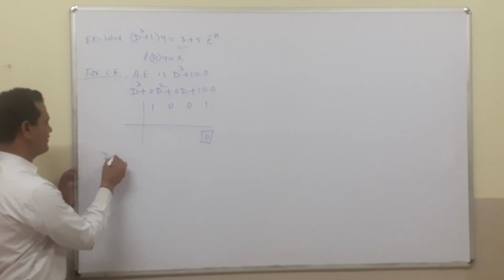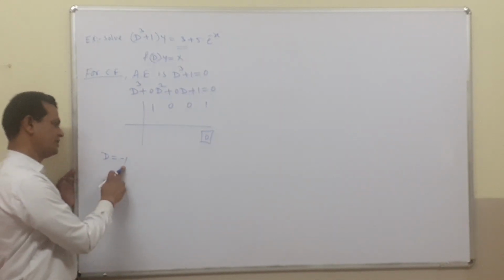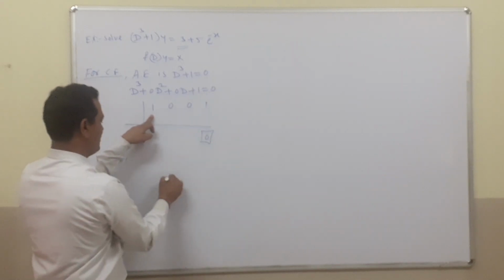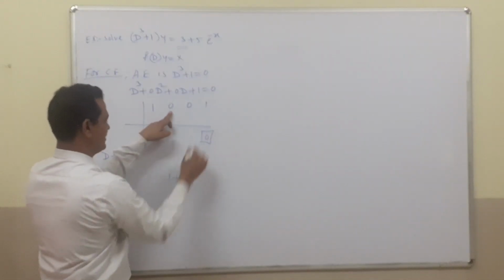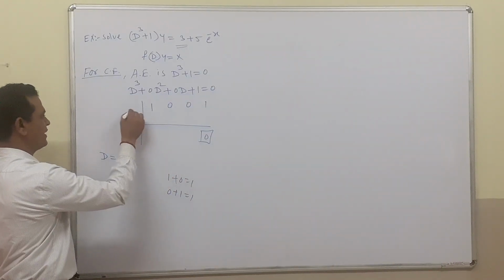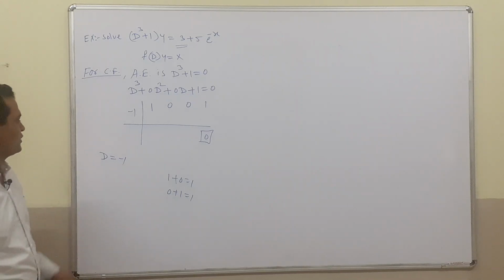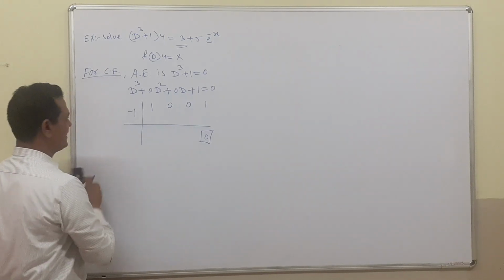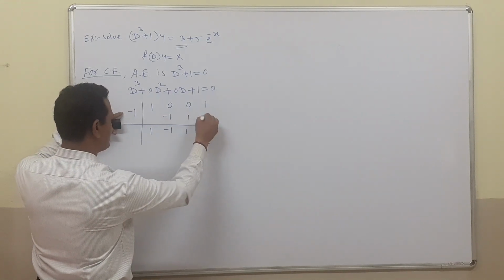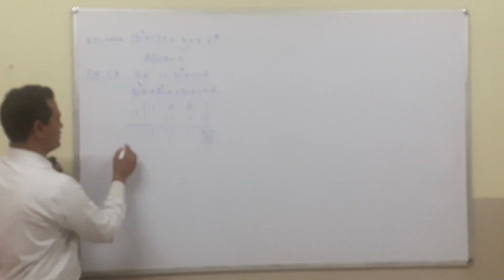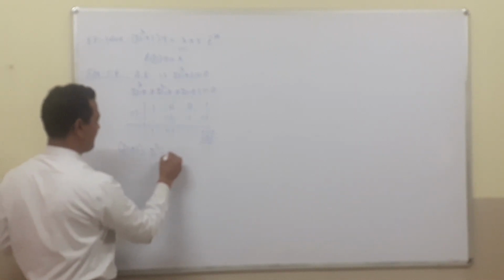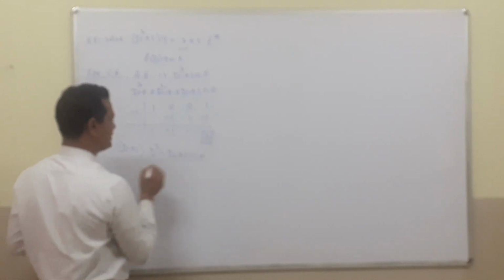Then try for the first factor d is equal to minus 1. So, this is the factor when the sum of alternate coefficients, 1 and 0, 1 plus 0 is 1 and next sum of alternate coefficients, 0 and 1, is again 1. So, these two sums are equal, that is why minus 1 is the factor. So, now solve this by synthetic division method. This one as it is, minus 1, this is 1 and this is minus 1, remainder is 0. So, now we can write this as d plus 1 into d square minus d plus 1 is equal to 0.